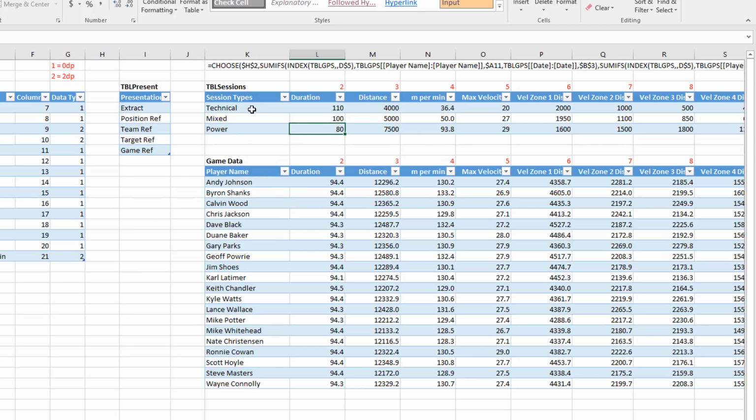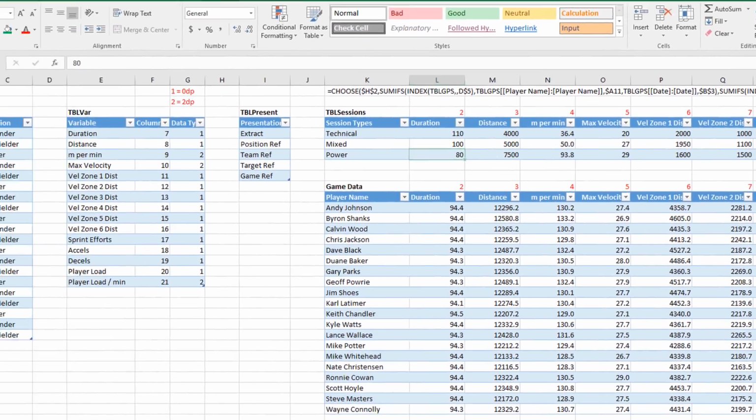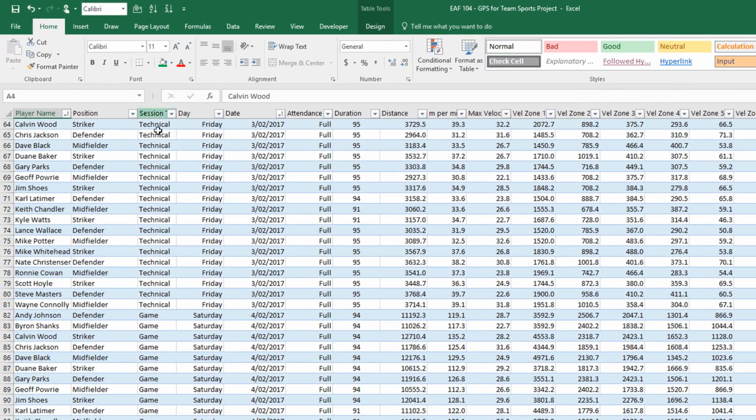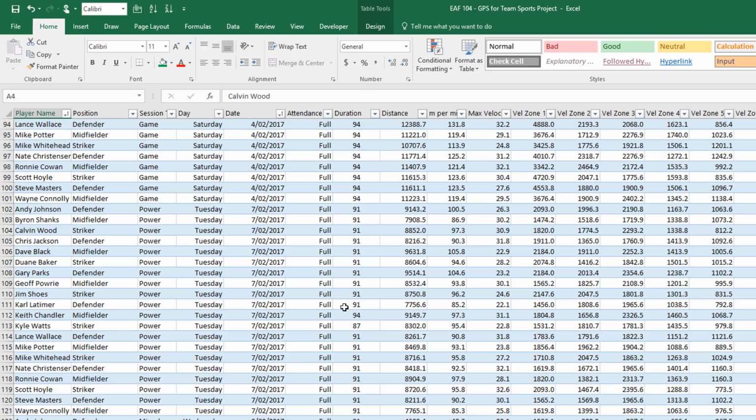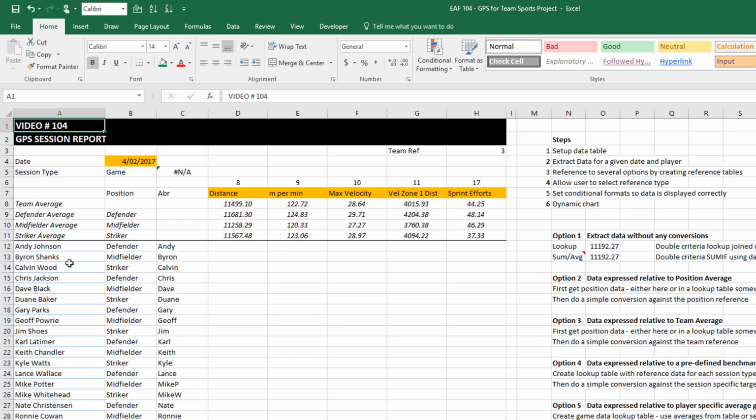So here's a table, it's called TBL sessions, and if we go to our database, we can see that we've got a session type. Now the only session type that's not in that table is game. So if you pick a game day, it's not going to populate that particular reference. So let's choose the 7th of the 2nd in our session report and get to work on figuring out how